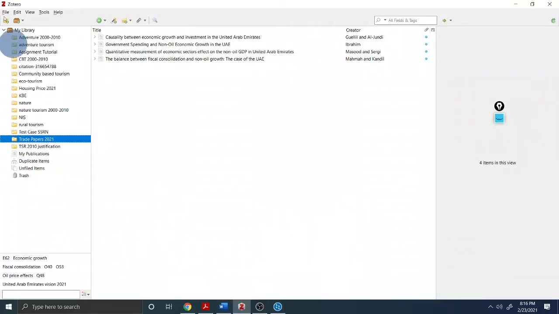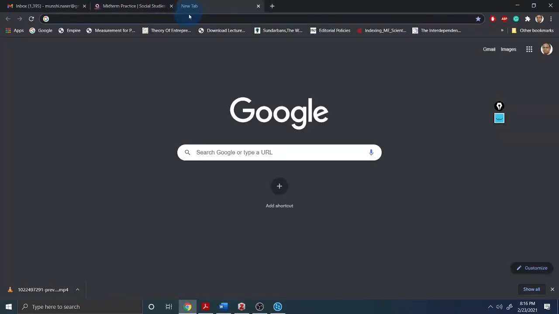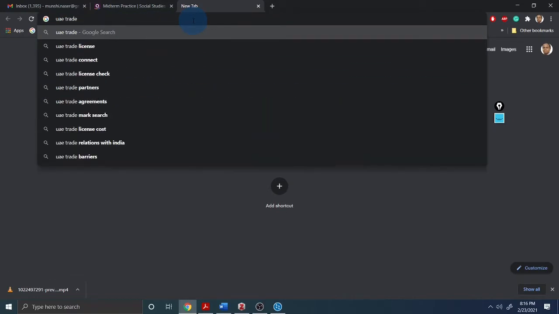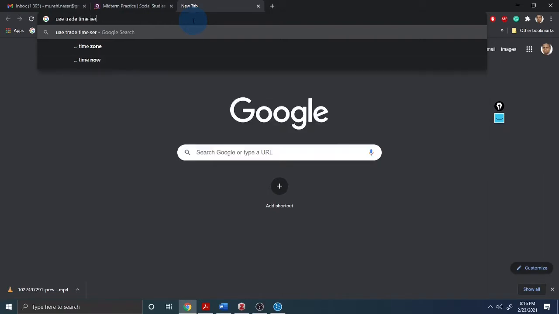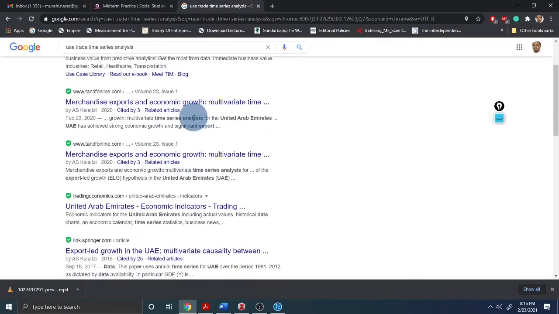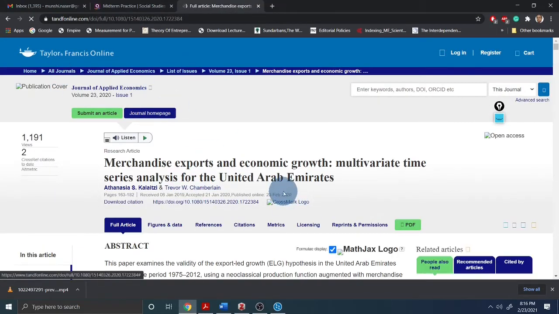Now my dear learners, as I said, Zotero is a very good platform for extracting your research information. For instance, if you go to that platform, in any of these papers, let's say UAE trade time series, if you write down time series analysis, for example, I'm just showing you for demonstration purposes. So with Zotero, in this particular case, if the information comes as a PDF file, for example, if I click this one, let's assume that this is an article from Taylor and Francis, one of the journals